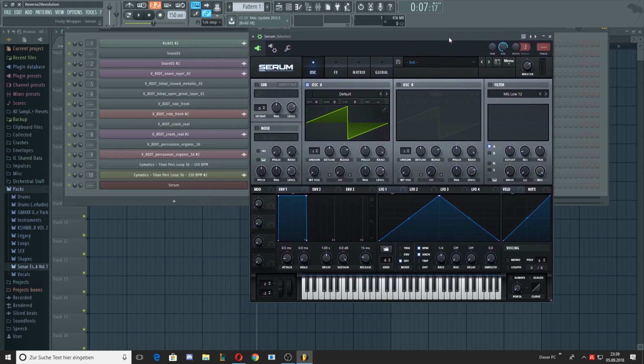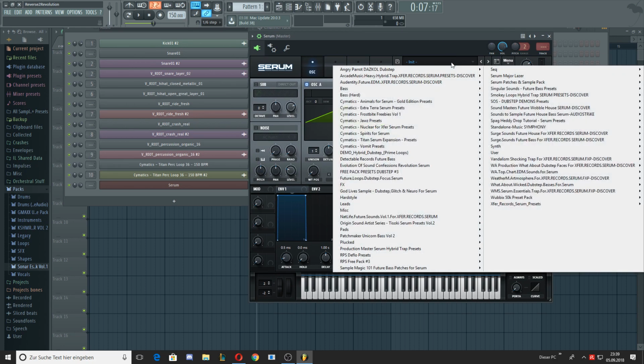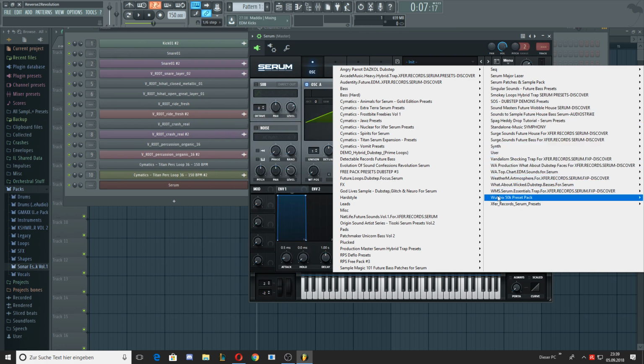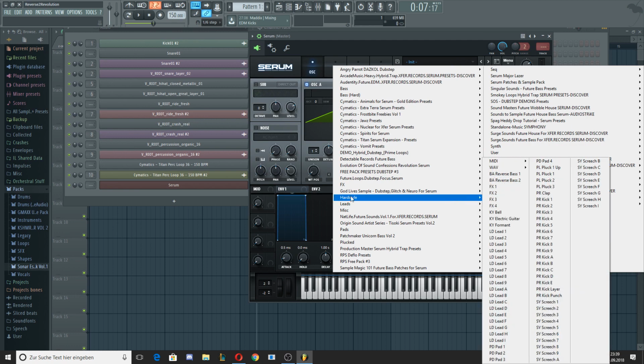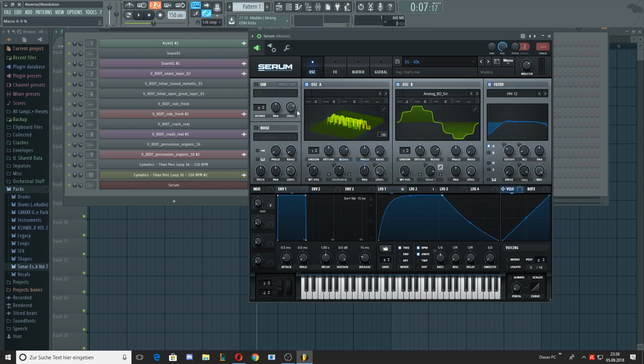So we have Serum now. For yourself you can make your own sound, but I have many packs here, and I often use premade basses, because if you want to have really good basses you need to be really good, and that could be hard. So we just take something from the Wubix pack, shout out to Wubix, and just add something and try